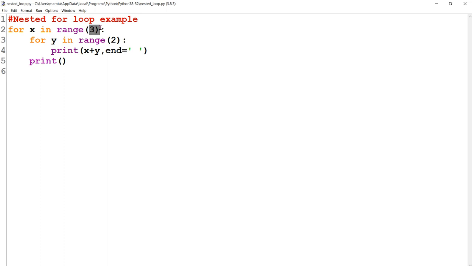So outer loop will be running 0 to 2, and when x is 0, the loop will start. Then we will enter into the inner loop where y is also 0.